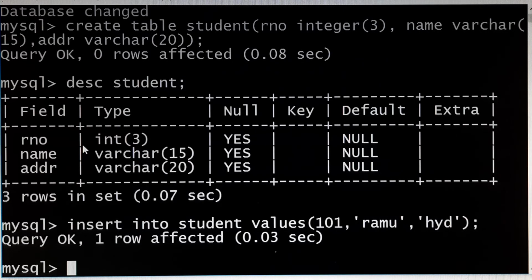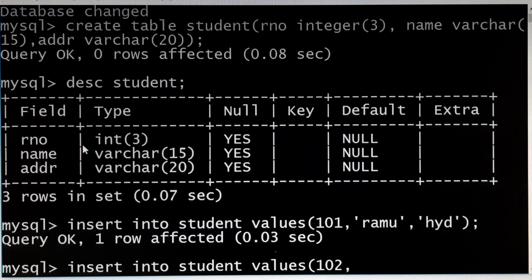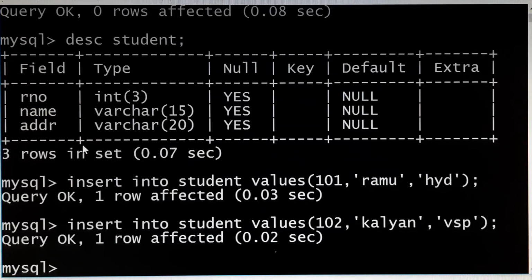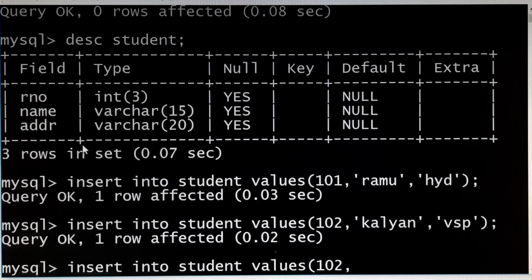If you want to insert another row, again insert into student values, second student. So we have inserted another row. So I'll try to insert another value. Insert into student values, say 103.